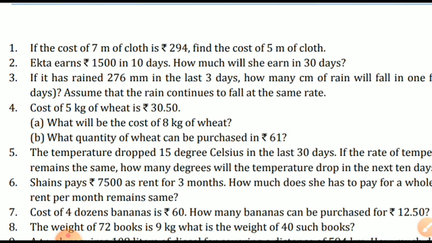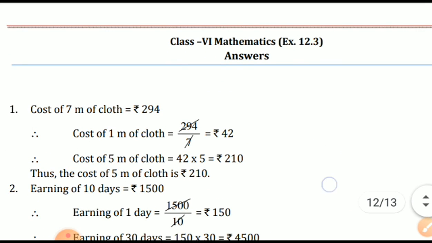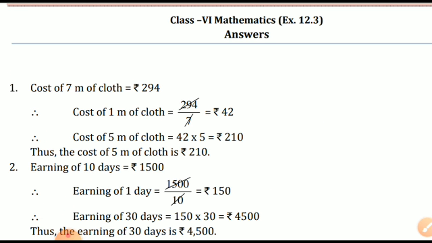If the cost of 7 meters of cloth is ₹294, find the cost of 5 meters of cloth. बेटा 7 मीटर का इतना रुपया तो 5 मीटर का कितना होगा? ये 3 values are there, 4th value you have to find out. Very good. Question number 2, Ekta earns ₹1500 in 10 days. How much will she earn in 30 days? बेटा 3 टर्म दिया है, उसमें से 2 टर्म एक साथ होगी, एक टर्म अलग टाइप की होगी, तो उसके जो फाइंडिंग करना है एक्स्ट्रा टर्म्स के बारे में फाइंडिंग करना है।